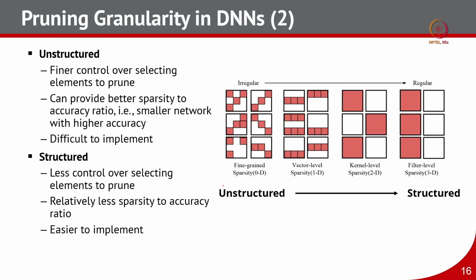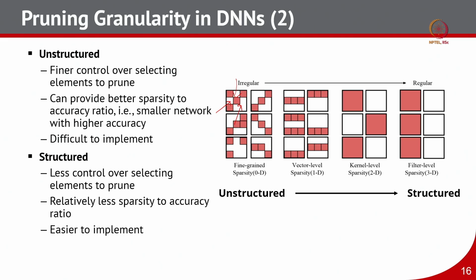Now, there are advantages as well as disadvantages of both unstructured and structured pruning. In unstructured pruning, we have finer control over selecting elements to prune, right. As I said, we are cherry picking in this case. So, you can pick any individual weight and make it 0. It provides a better sparsity to accuracy ratio, that is, a smaller network with higher accuracy. We may end up pruning like 90% of the weights without changing the accuracy, but then it is difficult